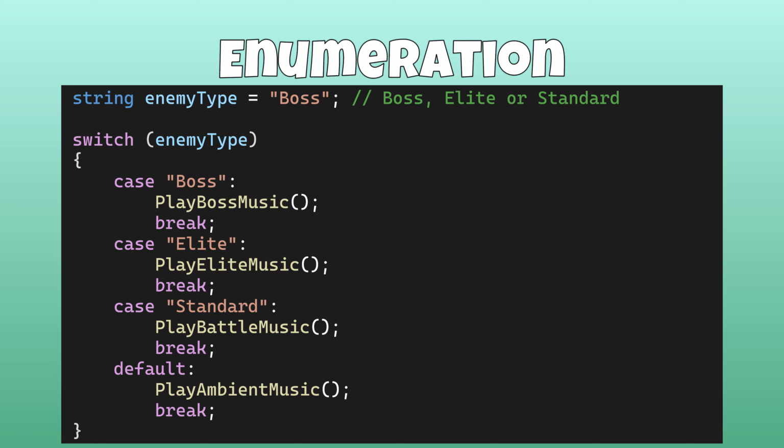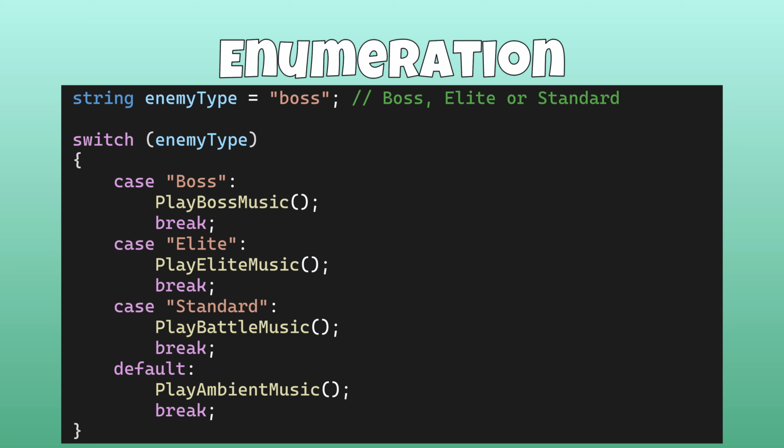In the previous episode, in the section on switches, we used an enemyType variable which contained the type of enemy the player was fighting in the form of a string. Using strings here is not recommended. There is a risk of typing errors that could break our code. For example, if in the enemyType variable, instead of writing Boss with an uppercase B, we write boss with a lowercase b, this value is no longer taken into account by a switch case and we therefore trigger the default case.